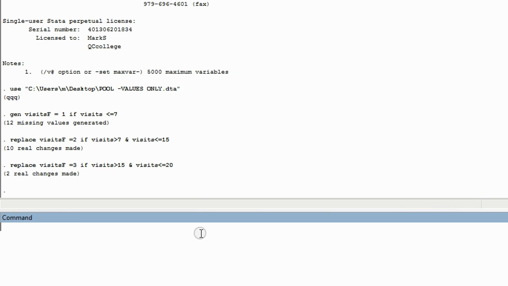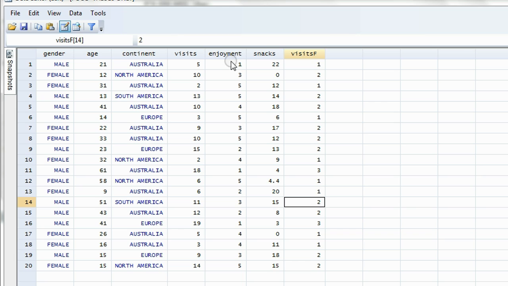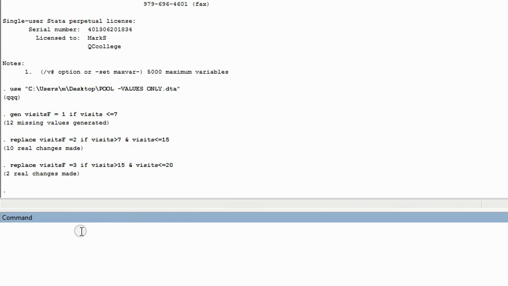When we hit enter and look at the data one more time, you can see that the two final blank values have been changed to the number 3 because there are only two values in the original variable that are between 16 and 20. What you should do after each time is run a table on your new